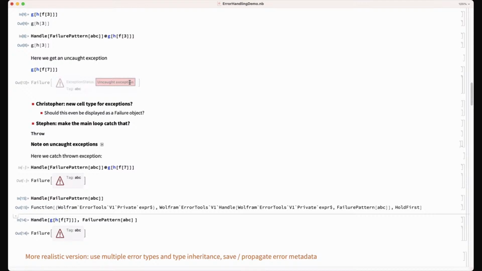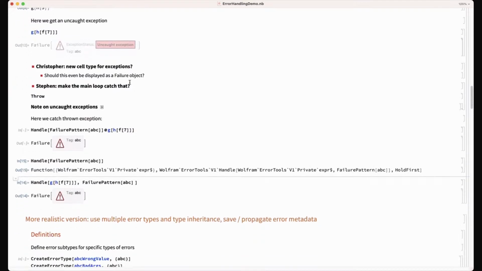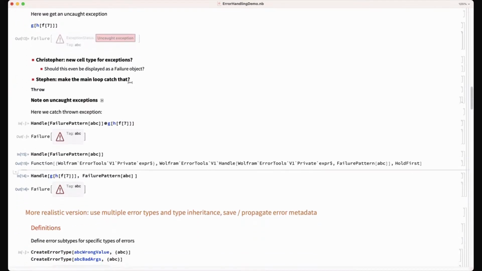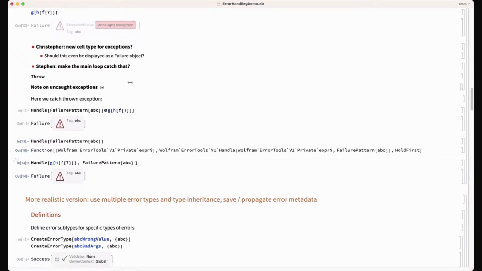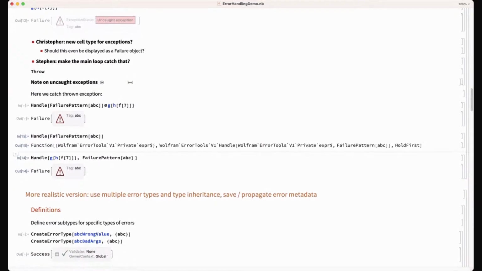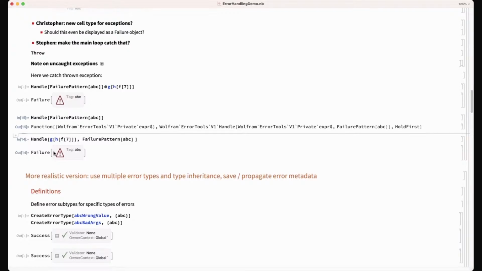Doesn't catch have patterns too? I don't understand why this is different from the patterns that catch has. Yeah, the difference is that here, the failure object that we propagate is self-contained. So it contains all the error information, including the tag. If you just use catch, then you sort of split your error into two pieces.